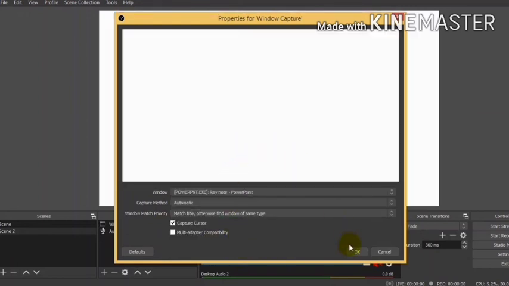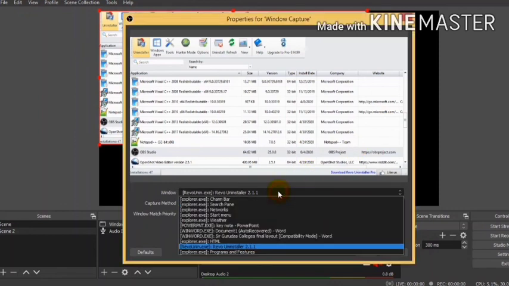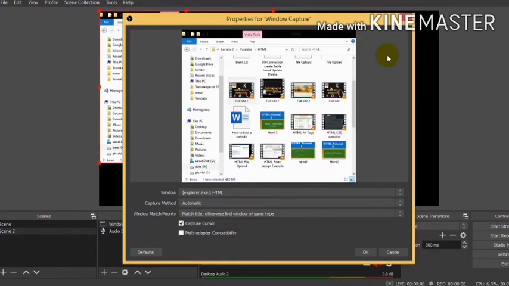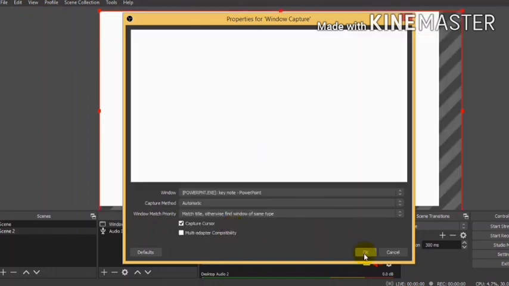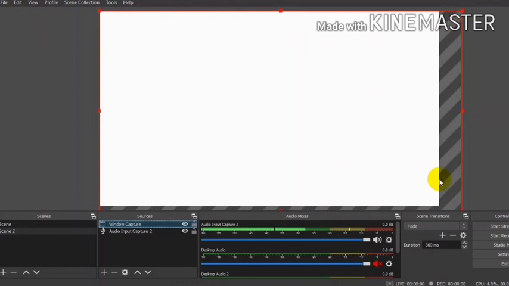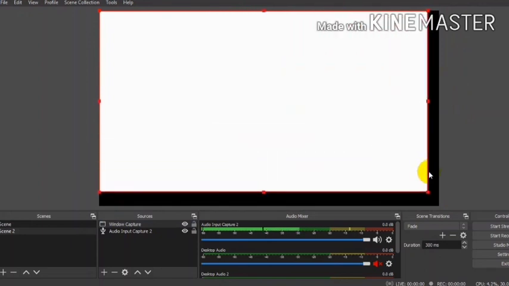Then we will get the specific window in the window list box. If we select, say, the HTML window in Explorer, then whatever is displayed in that specific Explorer will be captured, not everything. And we can also resize it this way.